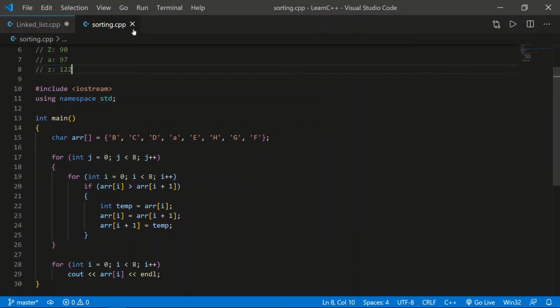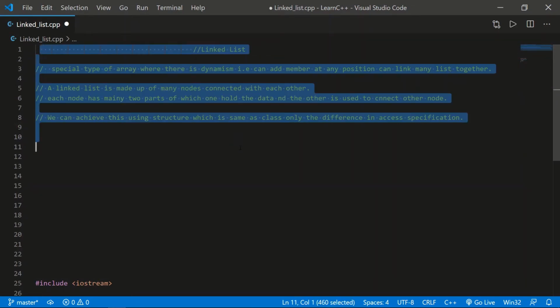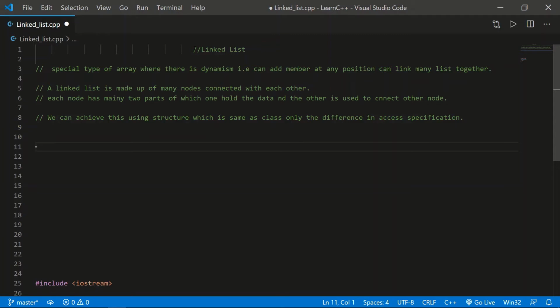Today we learn about linked list. Linked list is very useful. I've written this because I want to explain these things. It's very important. It's a little bit difficult to understand the first time, but once you get the concept, it's very clear. So I wanted you to understand the concept very clearly.